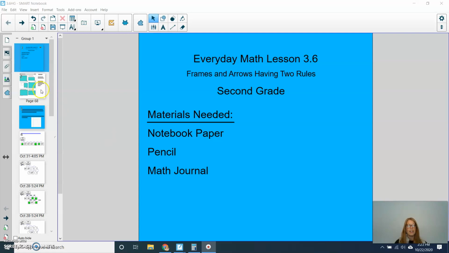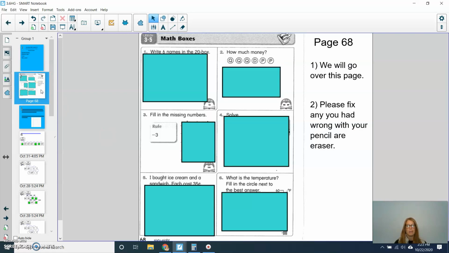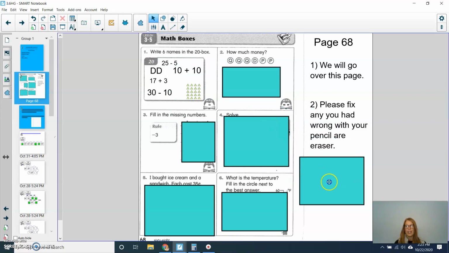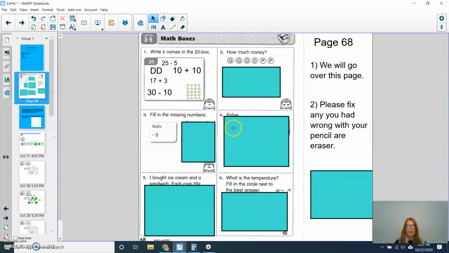Let's get started. The first thing that we're going to do is go over our math boxes from the previous lesson. So if you can open up to page 68. If you're noticing that you have any mistakes, please fix those with your pencil and eraser. For question number 1, it says write 6 names in the 20 box. Now you might have completely different answers than me, and that's okay, just as long as your answers also equal 20. So I chose 25 minus 5, 2 dimes, 10 plus 10, 17 plus 3, 30 minus 10, and then